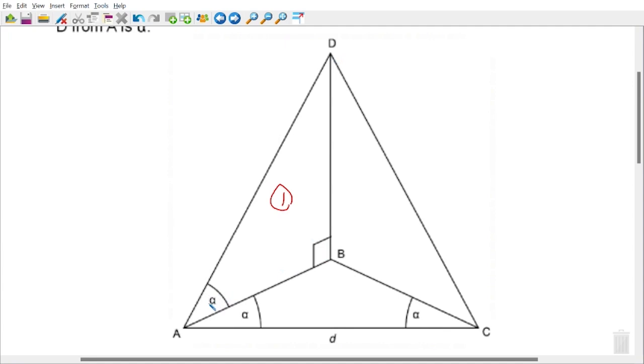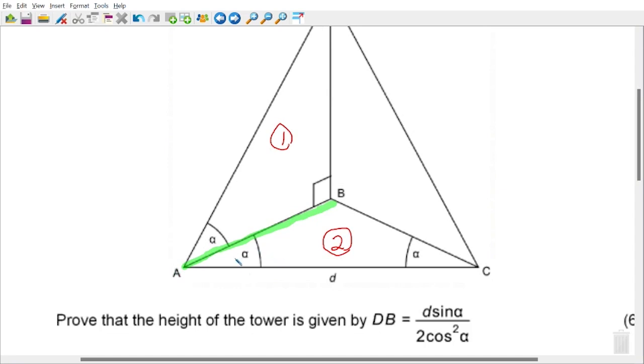and one angle. However, and these questions often work like this, this line over here, I'm going to call a bridge. This green line AB actually occurs in triangle number 1, but it also occurs in triangle number 2, the triangle that's on the floor in the horizontal plane. So what I'm going to do is get an expression for AB using the bottom triangle. I'm going to do this over here just so I can see exactly what I'm doing. So AB